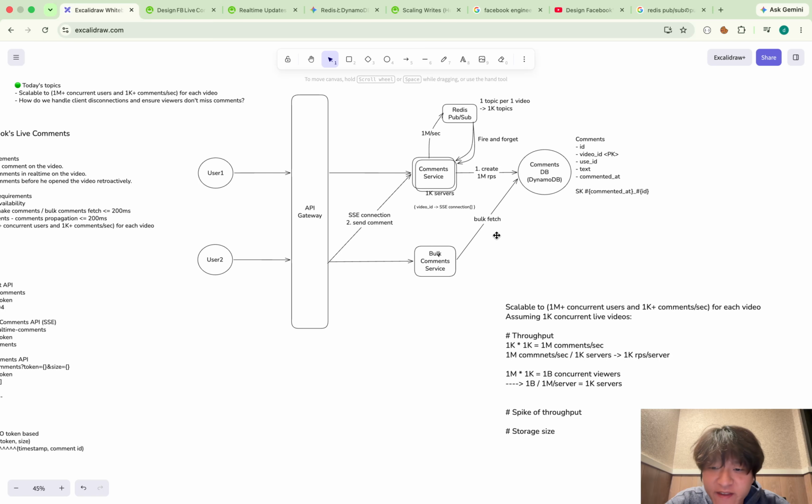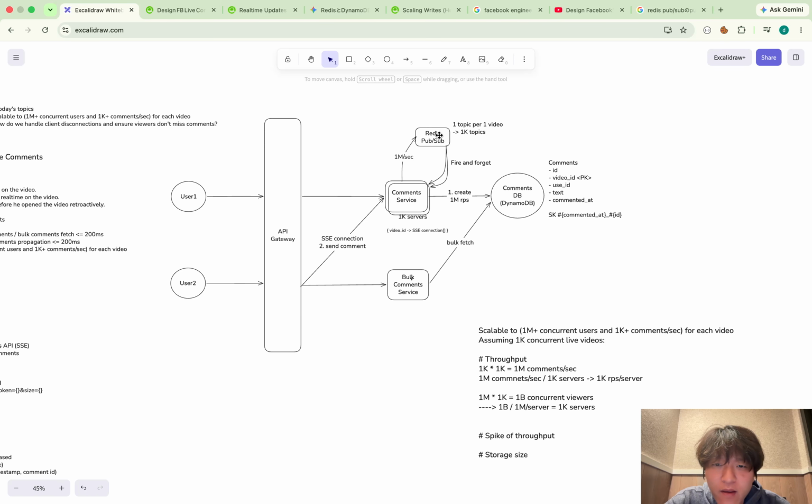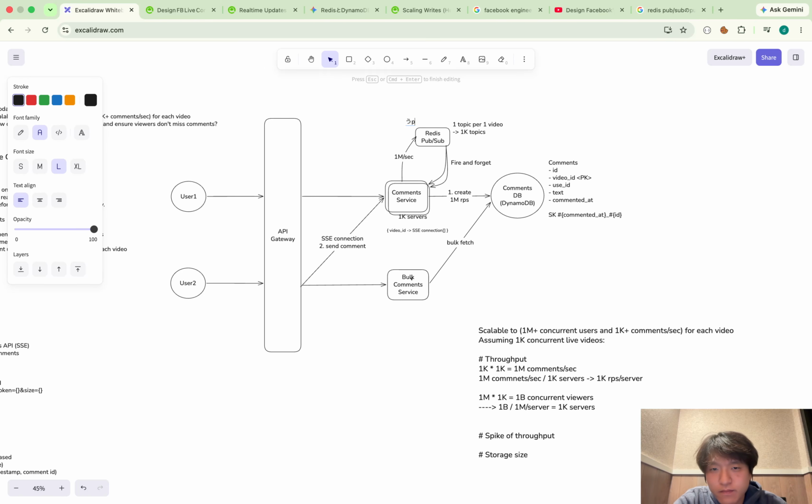The throughput of the comments is 1 million comments per sec, and Redis pub sub has to send to up to 1,000 server destinations for each of the 1 million messages per sec. And typically Redis can handle 100K messages per sec. So that's something I have to take care of.